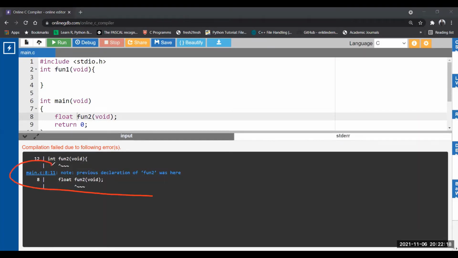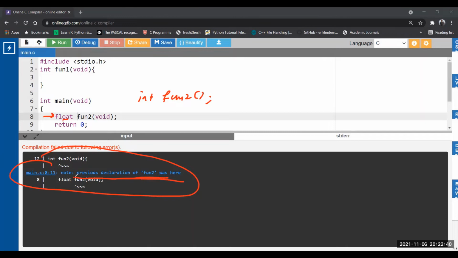See this error here. What is it saying? The previous declaration of fun2 was here. If you did not declare a function, it is considered that an integer type function is declared. But we have declared a float type, that's why we get this warning.